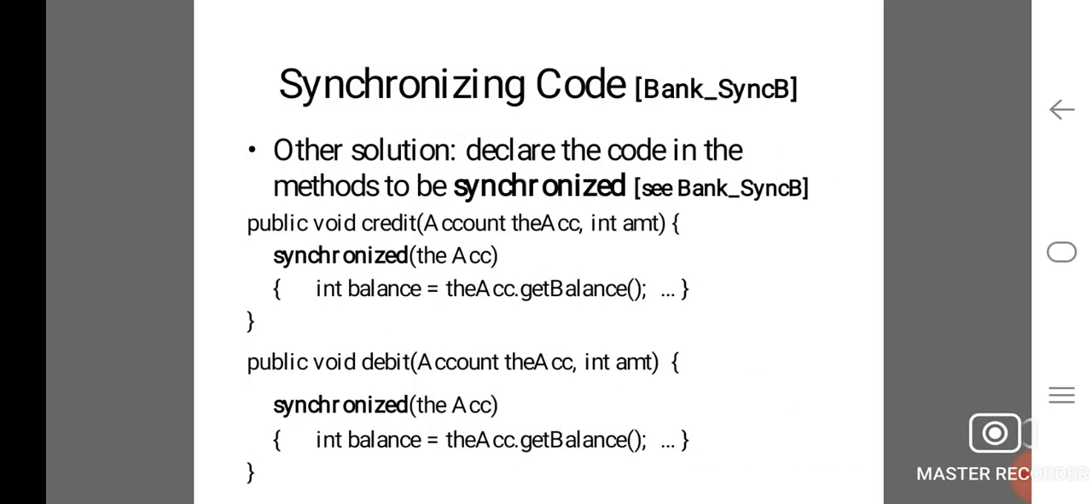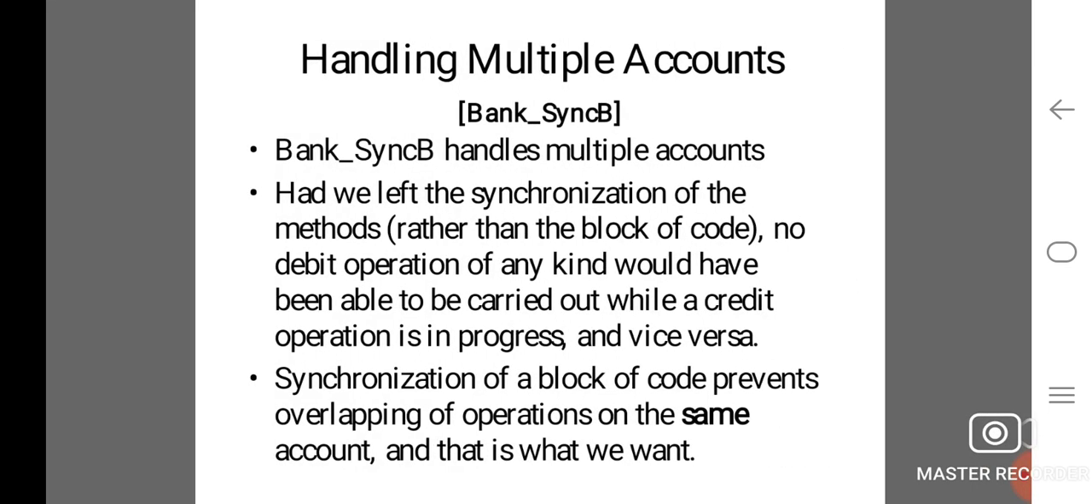Other solution: declare the code in the methods that is to be synchronized. Public void creditAccount(Account account, int amount): synchronized(account) { int balance = account.getBalance(); ... } Public void debitAccount(Account account, int amount): synchronized(account) { int balance = account.getBalance(); ... }